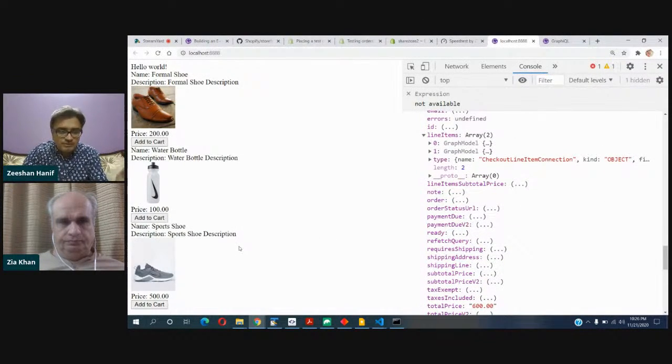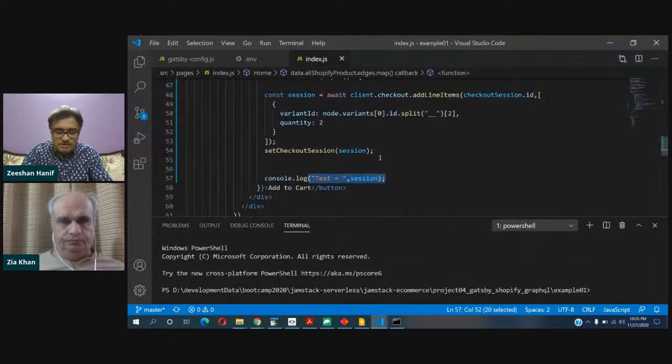Now, once we add any product into the cart, if we want to increase or decrease the quantity, we need to move to the cart page, or we need to display it at the top. At the top, maybe we need to display the total price. So what we can do is,